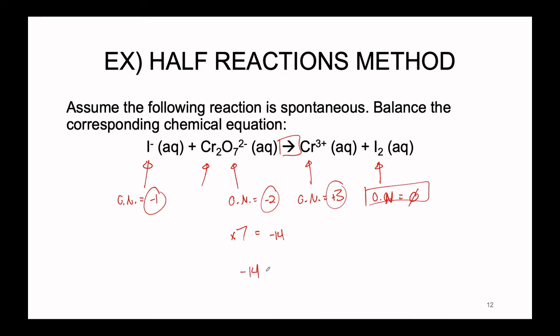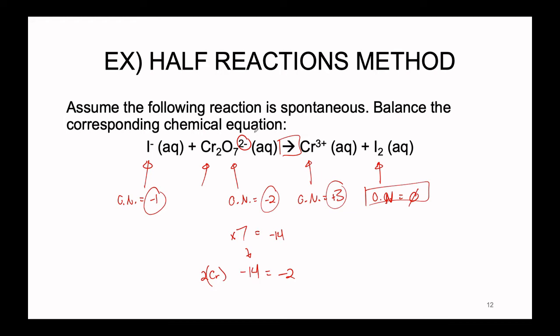Negative 14. Each of these 2 chromiums, so I'll say 2 Cr, we'll just keep Cr as our unknown variable here. Each of these 2 chromiums is going to have its own oxidation number, so we're going to have to take that into account, much like how we have all 7 of our oxygens taken into account with our negative 14 here. But the total of this sum is going to have to equal negative 2, since there is a charge of negative 2 present on our